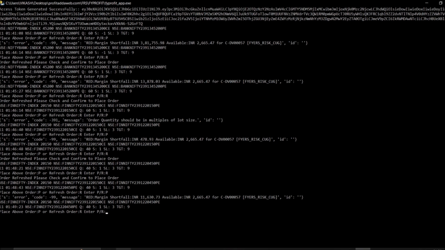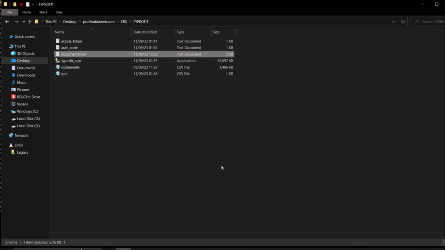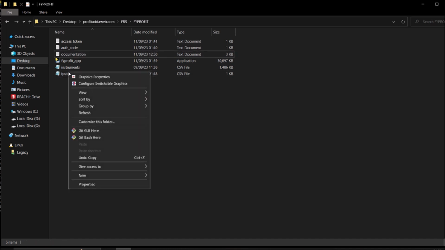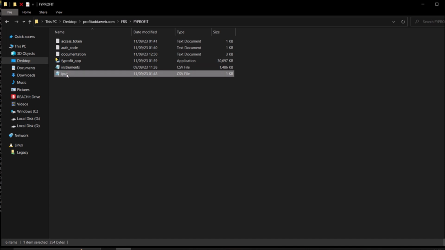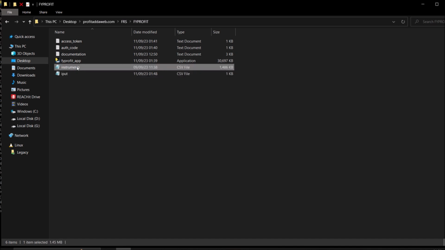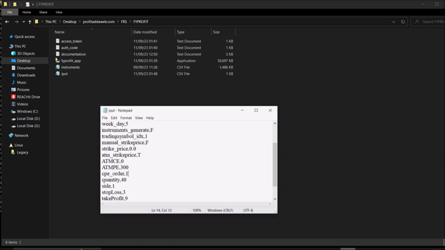Whichever the executable file, just click on it, and you need to follow the proper instructions. If you miss even a dot, you will get an error. If you are missing the input.csv, you can just open it in Excel and do that. Best practice is to open it in a CSV file. And for instruments.csv, you need to generate the expiries. For that you can say instrument generate